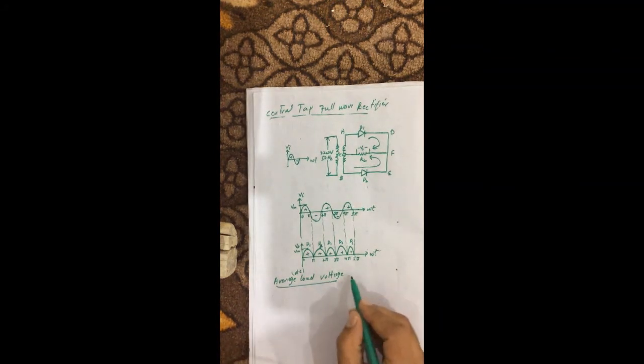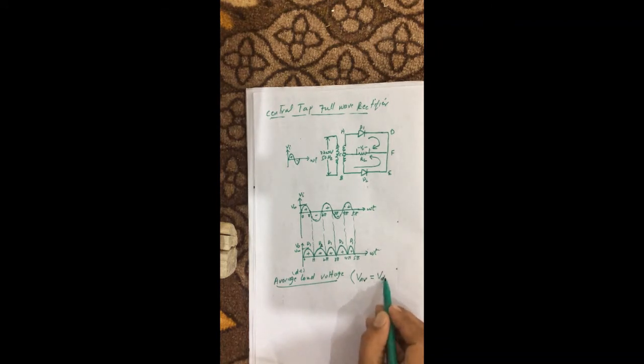The average load voltage is normally represented by VAV, where capital V is for voltage and AV is for average. We simply write it as VDC voltage. So average is basically the DC voltage, and we have a formula